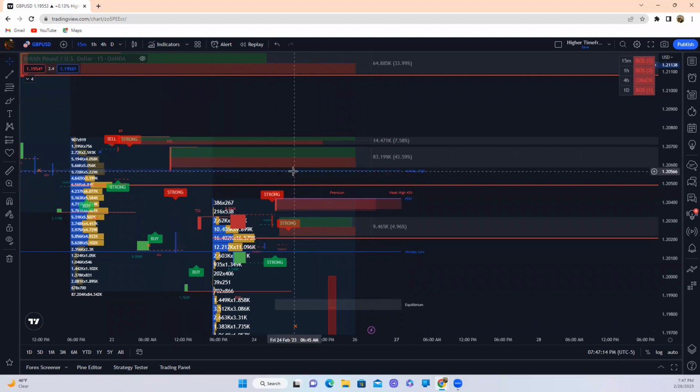So, we'll look to see how price reacts to this Monday high right here. But then let's look and see what's at this point of control. So even at this point of control, it looks like we got more selling activity than buying activity. But what I was going to get at with this order block and under is that what happens is once the market reverses and the